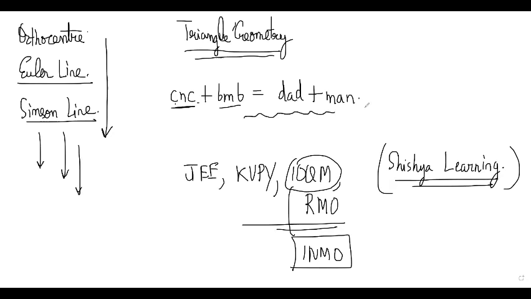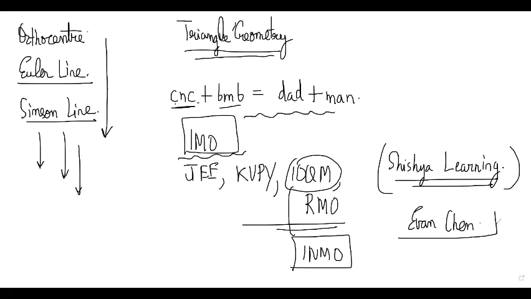Barycentric coordinates are not relevant for you right now. Don't try to learn barycentric coordinates for IOQM. The only place I have seen them used is IMO and similar. If you are in your maths camp, then probably you need barycentric coordinates, but right now it's not important. Evan Chen's book has a nice discussion on barycentric coordinates. You can look at Evan Chen's geometry book, but it is too tough, guys. You cannot do EGMO right now.